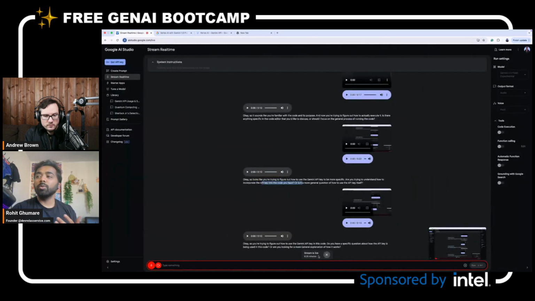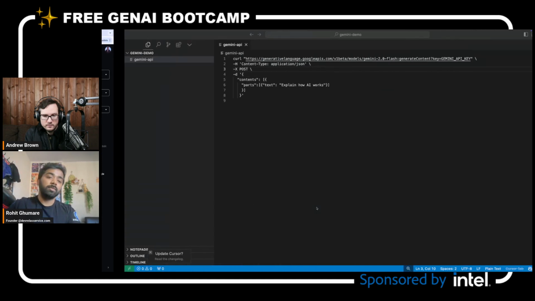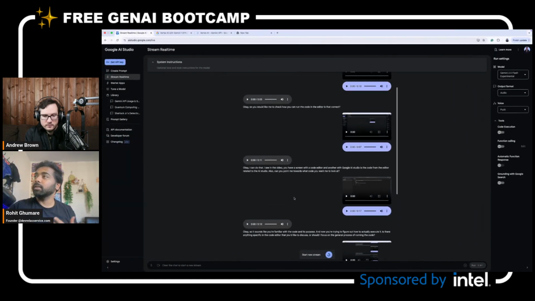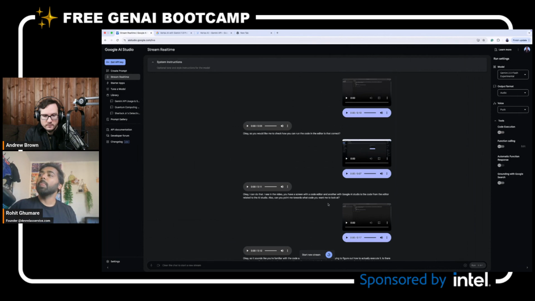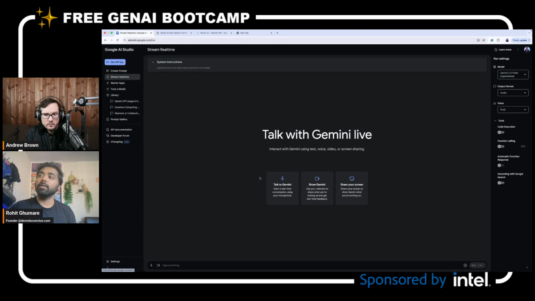It continued to do the same, and it actually goes into the code. It reads the code, and it will give me the Gemini API key link, so I can go to aistudio.com, grab that key and use it in my local system. So you have to just go through it two or three times again and again with it, and it does the work. But it is really cool, you can just share the screen on the web browser. You don't have to use your local system or anything. It does everything automatically. It is really good vision. I would say Gemini vision is really amazing in this capability, Gemini Live.